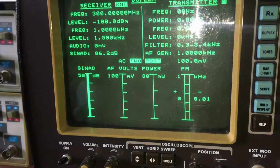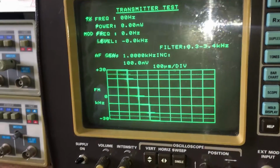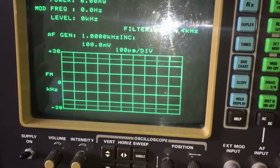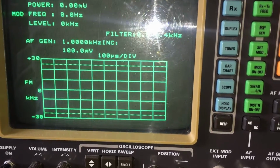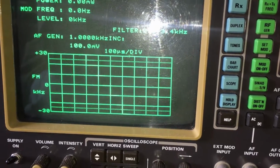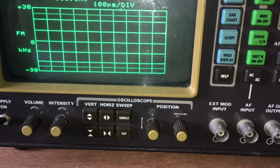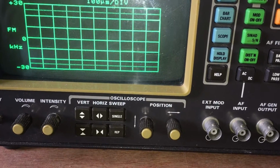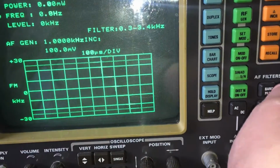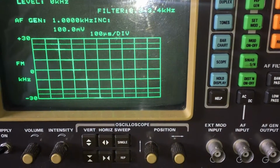There's a scope in there as well. TX, put the scope on. So obviously this is another frequency counter, which is why the Marconi isn't overly important. Problems, not many. It's in really, really good condition. This unit, really good condition. The only thing that doesn't work properly is this variable doodad, which I haven't got anything set on it, so